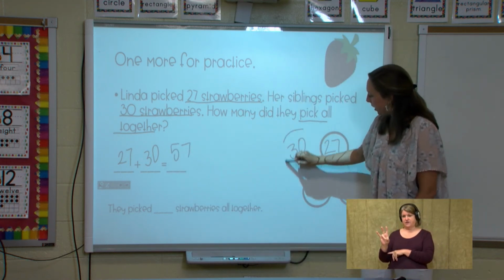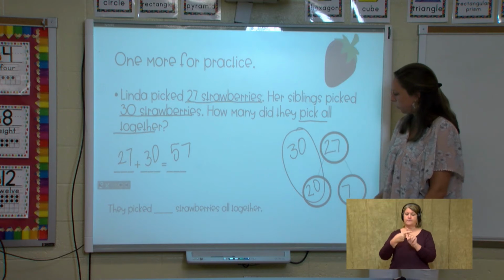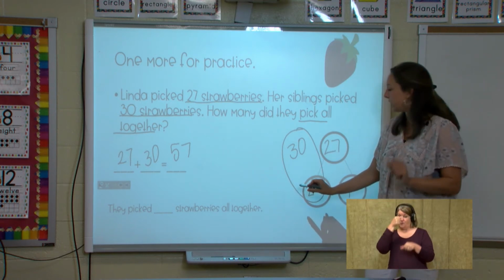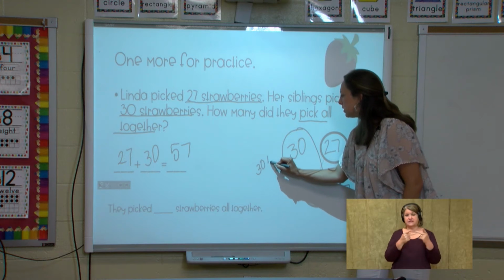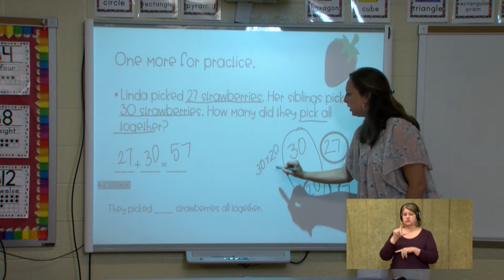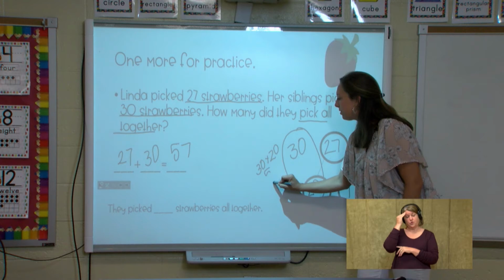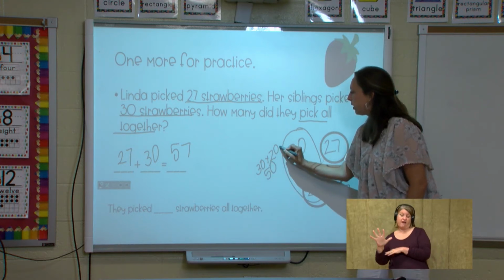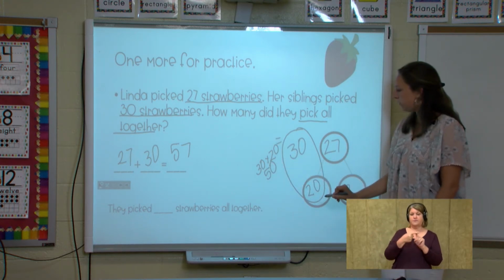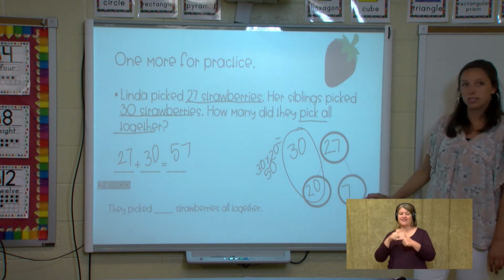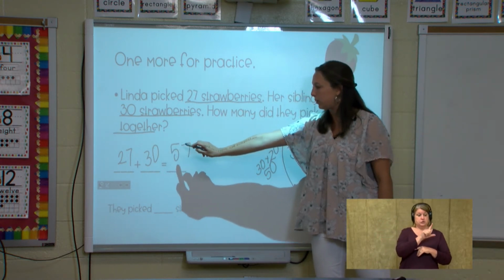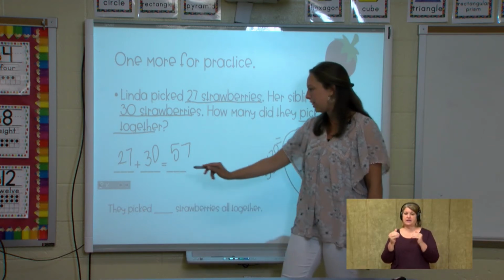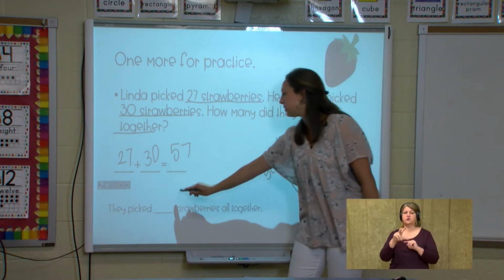We added the 30 plus the 20. Remember, you can add your tens. So 30 plus the 20. You know 3 plus 2 is 5. So 30 plus 20 equals 50. And then add your ones back to it. 50 plus 7 equals 57. They picked 57